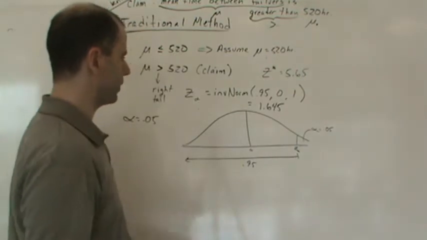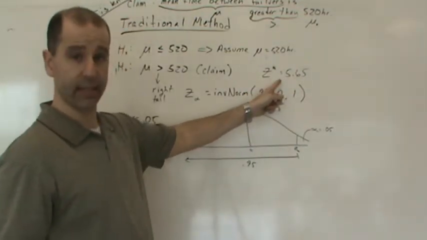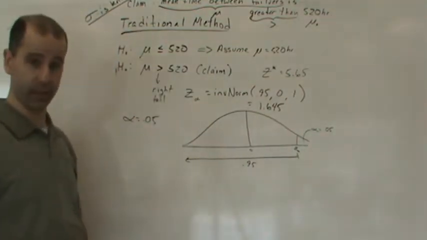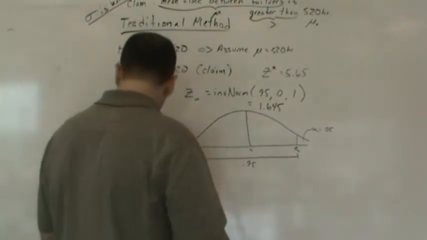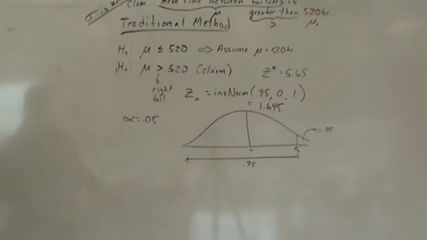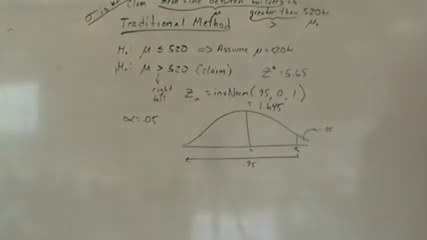So now we've got the critical value, and we've got our test statistic. Now what? Now this is where the test comes in, the alternative hypothesis. Because what we call the right tail, the area to the right of our critical value in this case,